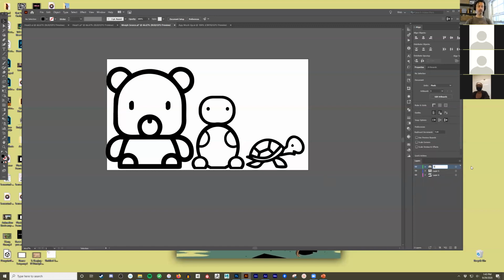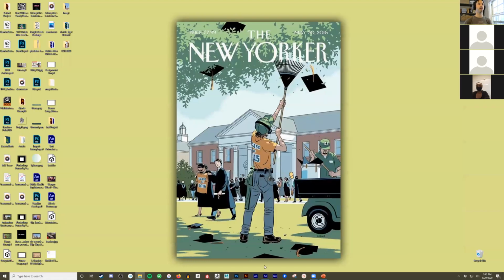Then before I save it, I like to name things so it's easy to know what it is. So I'd call it bear, something like morph, and then turtle. So I've got my 3 layers. And if I save this, so it's called morph source, this would be the file that I would import into After Effects. So hopping over to that,